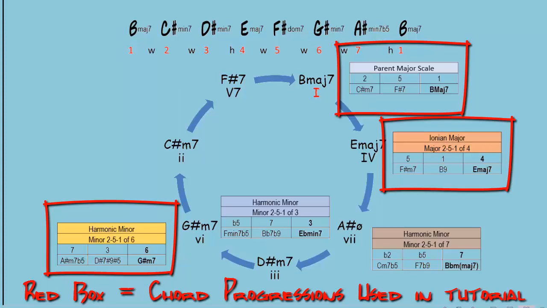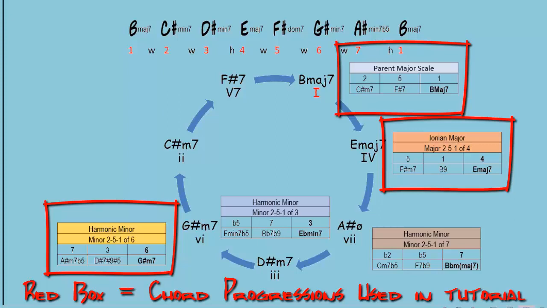In this particular case, the bass tones are 7-3-6, but the chord structure makes these chords come from the harmonic minor scale of G sharp minor. So you would look at A sharp minor 7 flat 5, D sharp 7 sharp 9 sharp 5, and a G sharp minor 7. All of these chords would come from the G sharp harmonic minor scale. And if you look, these chords are not serving the same function, except for the minor 7 flat 5. It is in the